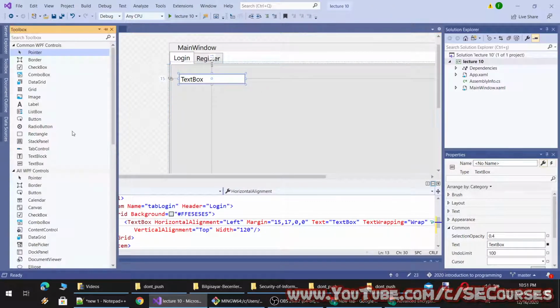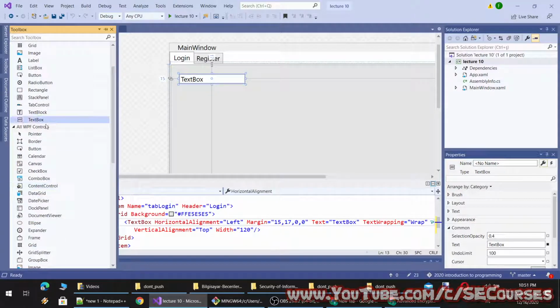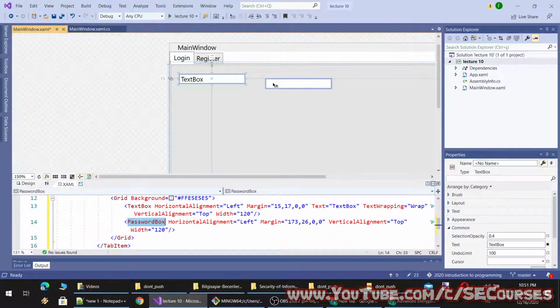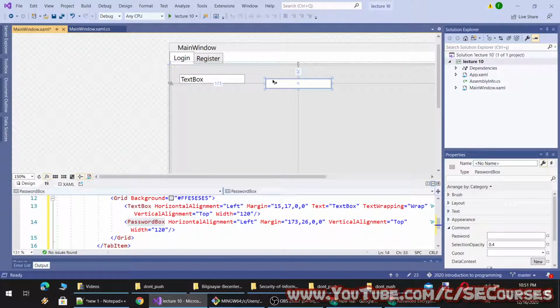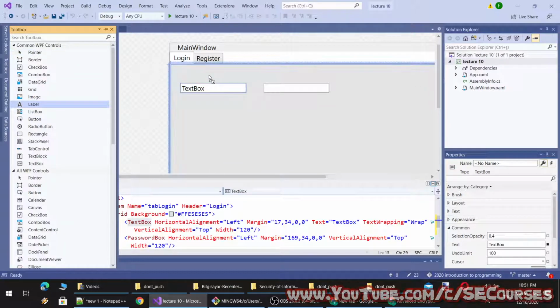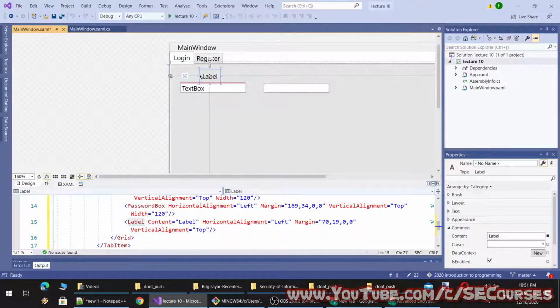And we will add a password, but however, for password we are not using a text box. What we are going to use is a password box, which is here, and let's name them like this. Okay, I'm going to add labels on top of them.